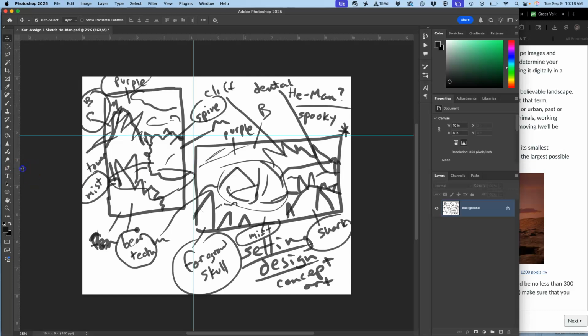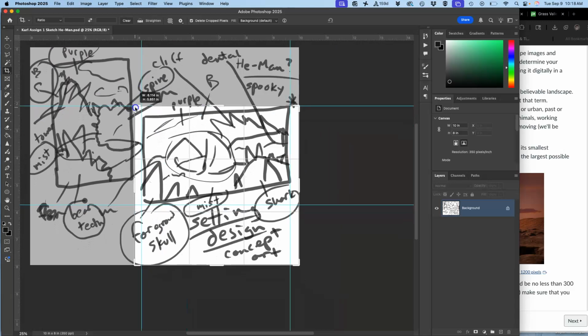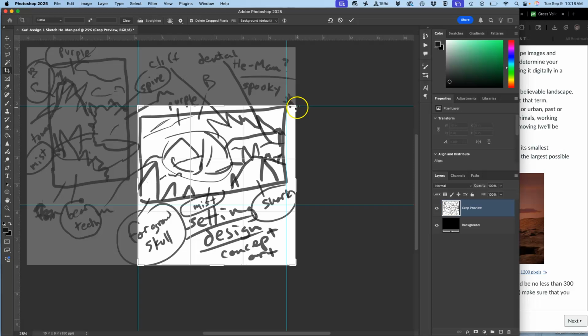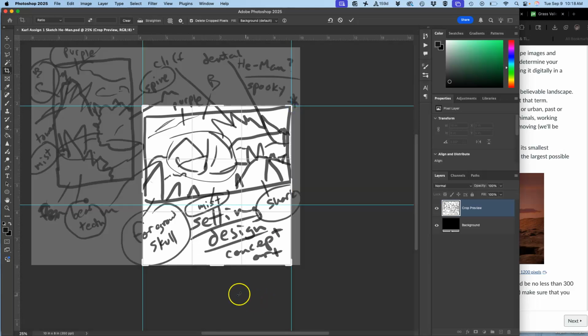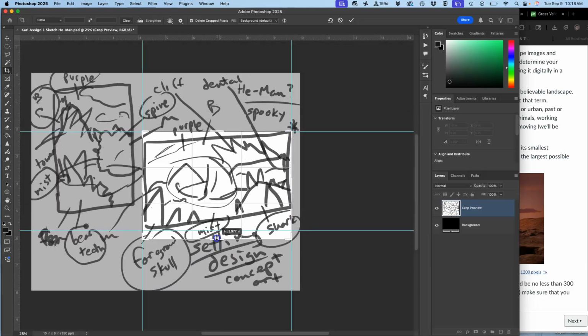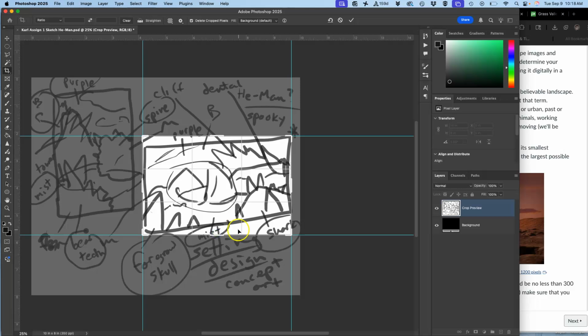And I'm going to frame in with the guides the sketch I want to use, just like that. Okay. Then I'm going to use the crop tool, which is underneath the magic wand. We have not used this before. And I'm going to bring those corners to my guides. And I recommend never using crop without using guides, because it's a dangerous tool, because it